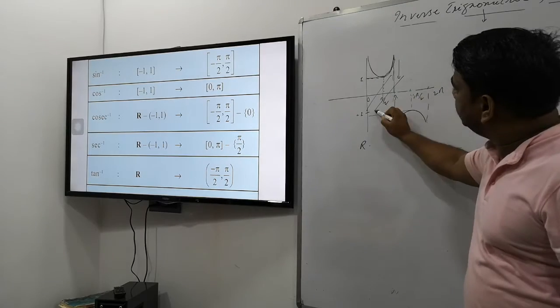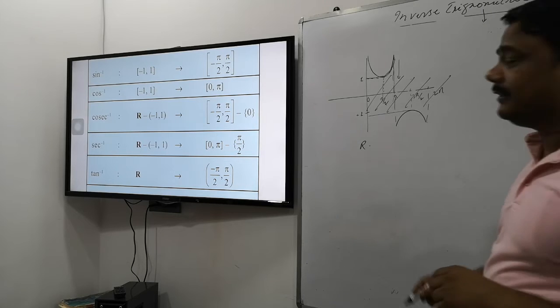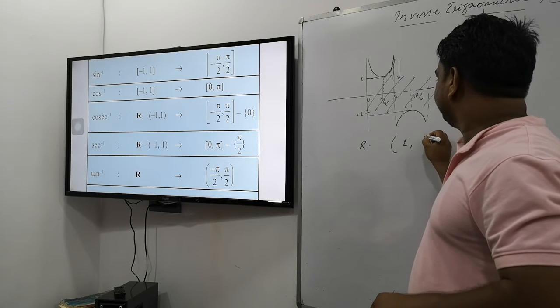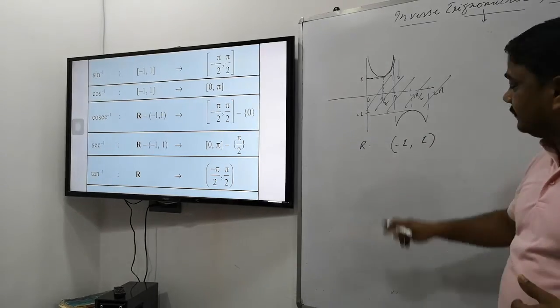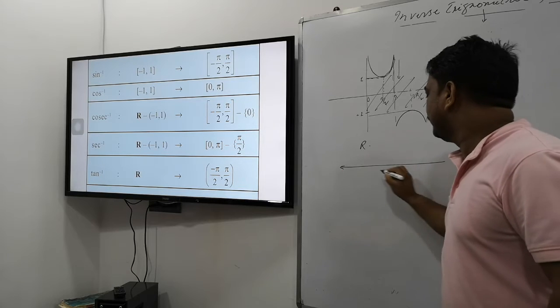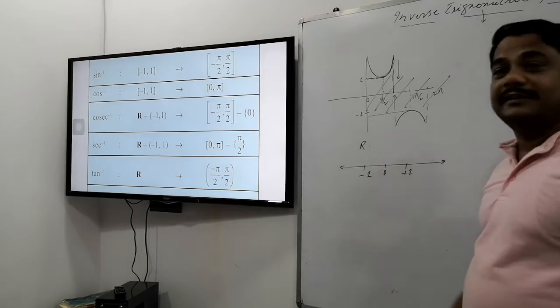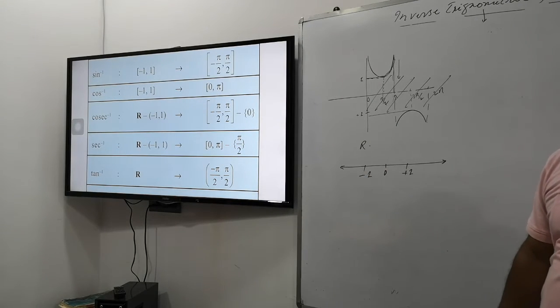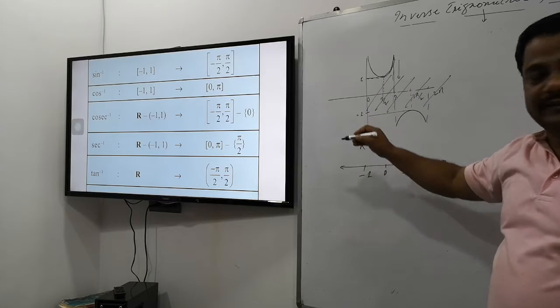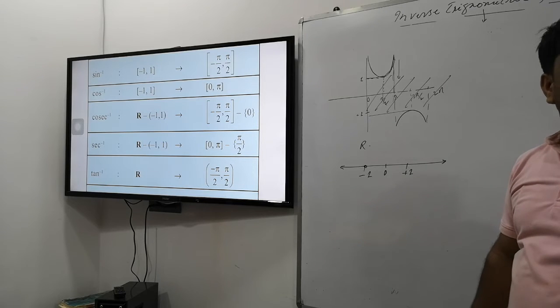It means these values are not coming in the range of cosec. In the range of cosec, what values are not coming? These values. If it means one, but one is included. One is included. It means look here. This is a domain line. This is a real line. It's 0, it's plus 1 or it's minus 1. 11th class, chapter number 1. Is that clear? 1 is included in the range. So 1 is to be included.